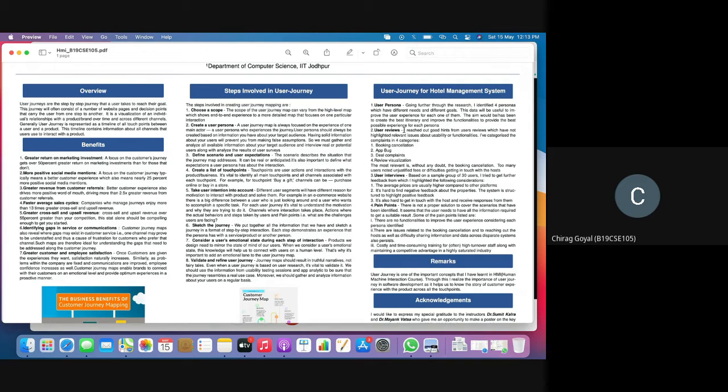Now we will be discussing the user journey for our project, which I took as a hotel management system, in which we will try to make the database system and then retrieve and update the information of the users in the hotel management website itself. Firstly, we will have a user persona which will define the step journey. I have defined 4 personas which will be shown here.